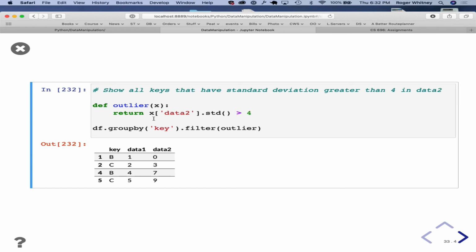Define a function that returns when the standard deviation is greater than 4, right? So I'm filtering by which elements, right, in this column are far enough away from the standard deviation value.